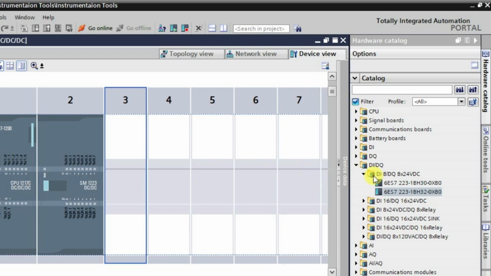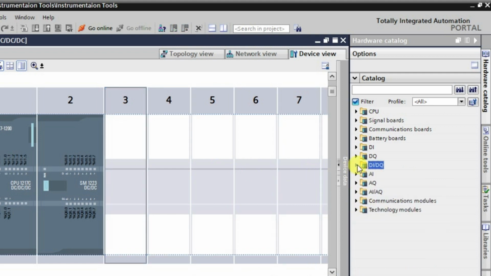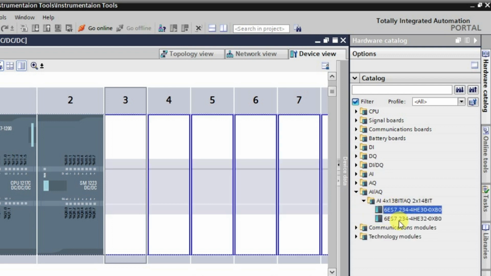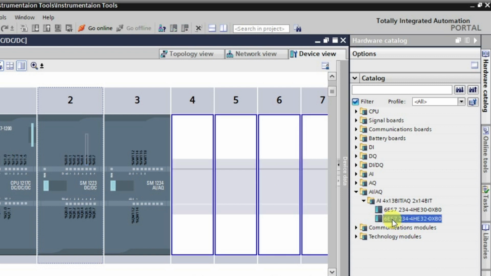Similarly, we will connect an analog input output module here. We can connect one analog input output module. I am taking this one, or we can take this one also. Whatever is required we can take. Whenever we are selecting our hardware, we need to select as per the hardware. If the hardware is of this article number, we'll have to select this here.